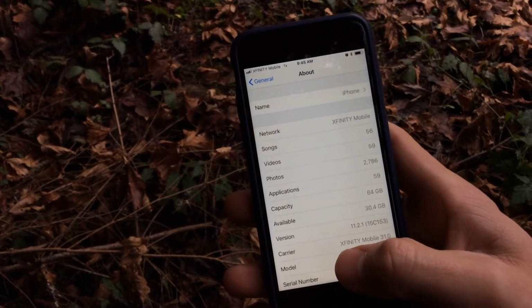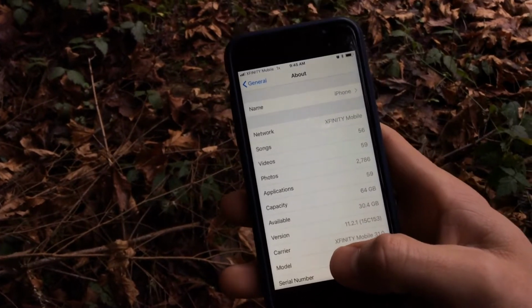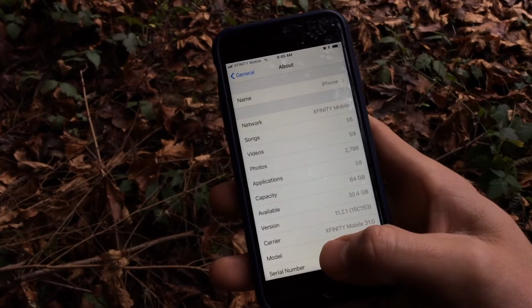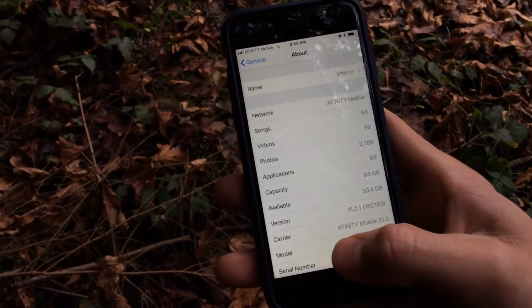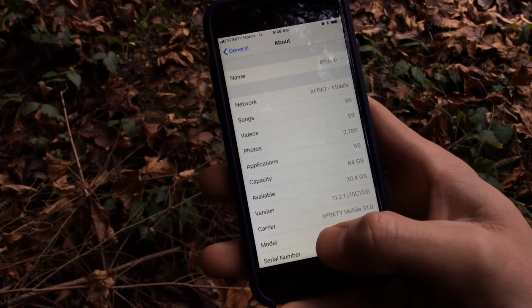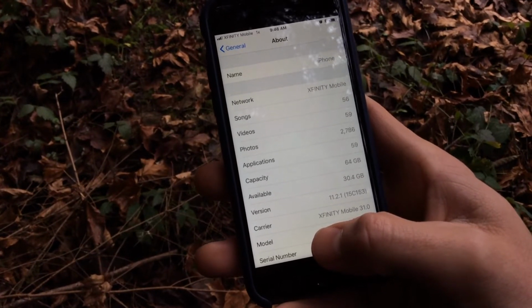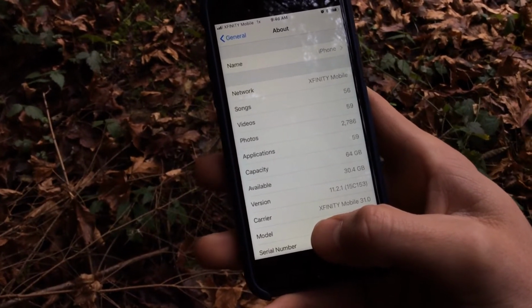Alright, just wanted to talk about a couple things I've noticed with XFINITY Mobile here. So, this is an iPhone 8 that I bought from XFINITY Mobile maybe about a month ago. And it works okay when you're in town, when it's around an LTE network. The only issue I've noticed is that latency is very poor on LTE, so where my latency on Verizon would